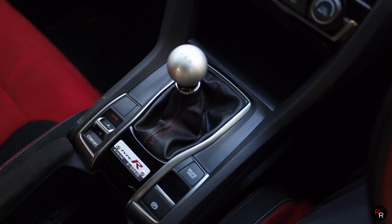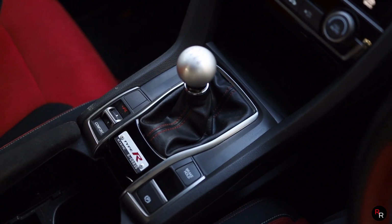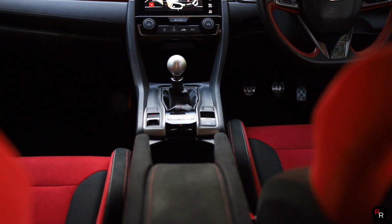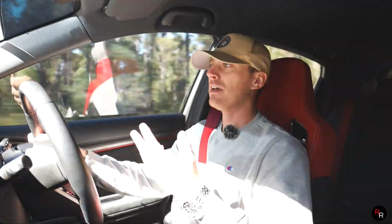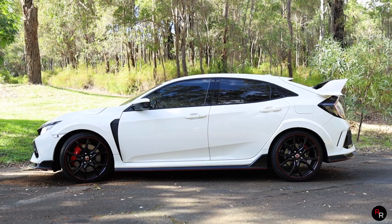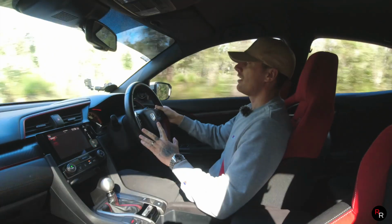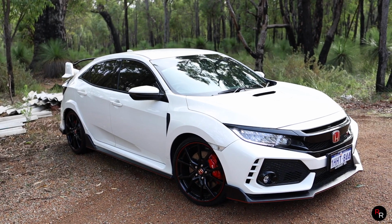In typical Honda fashion, this 6-speed manual is banging. It's banging, guys. It feels really nice and weighty. It's short. Just has a great feel. And as per usual with Hondas, they just do a really nice gearbox. Really the best thing about this Honda, and this really connects to when I previously reviewed that Honda FD2 Civic Type-R, is the chassis in these Civic Type-Rs. It's a different car. It is not the same Honda Civic that your mom or dad drives,